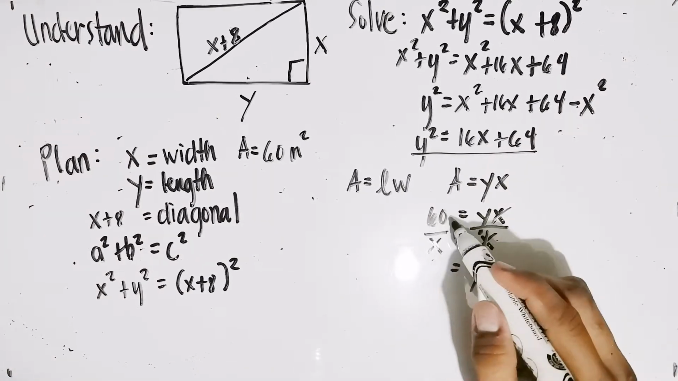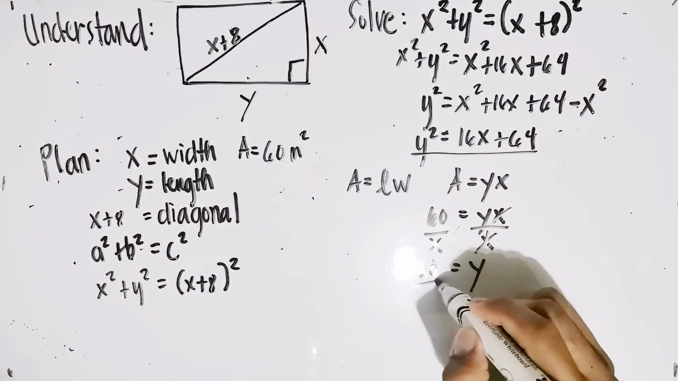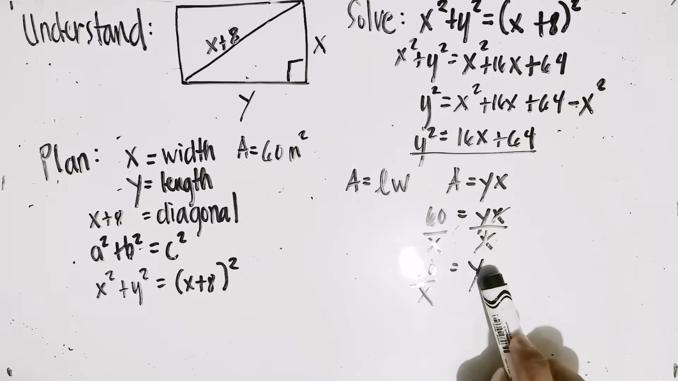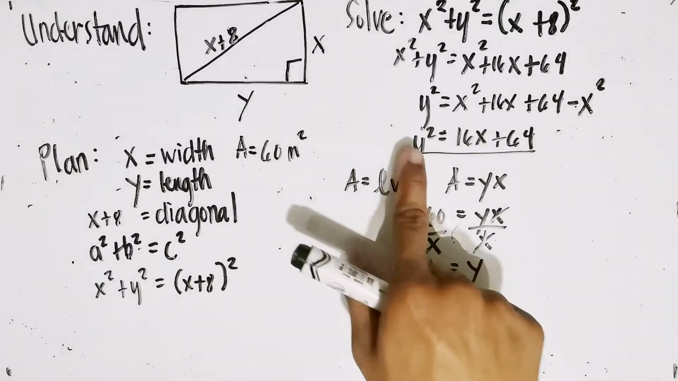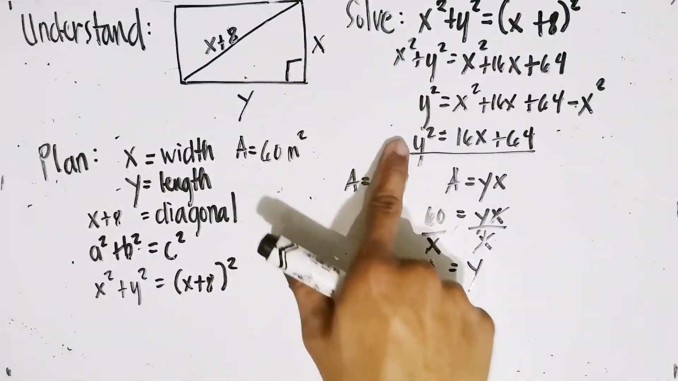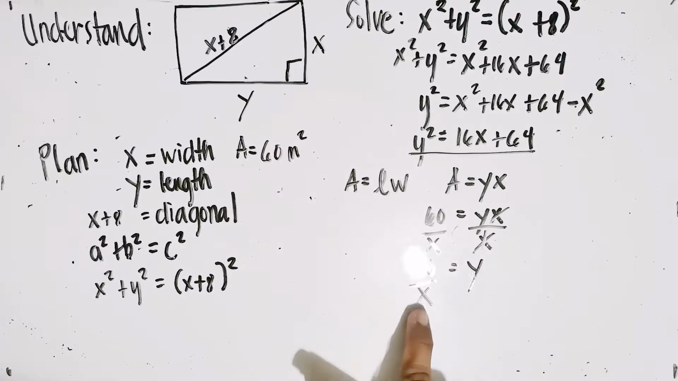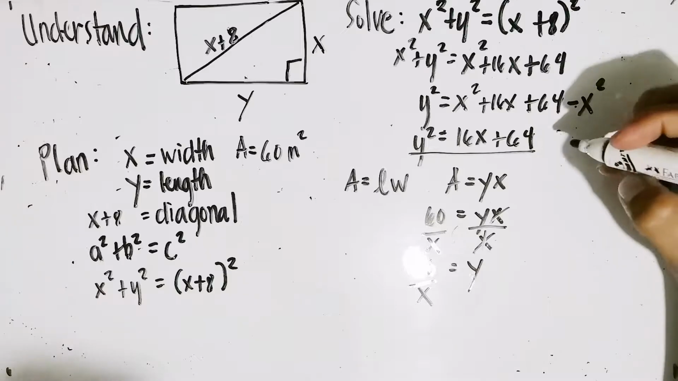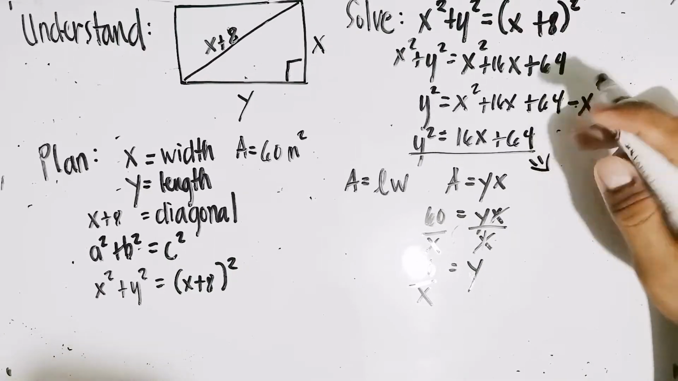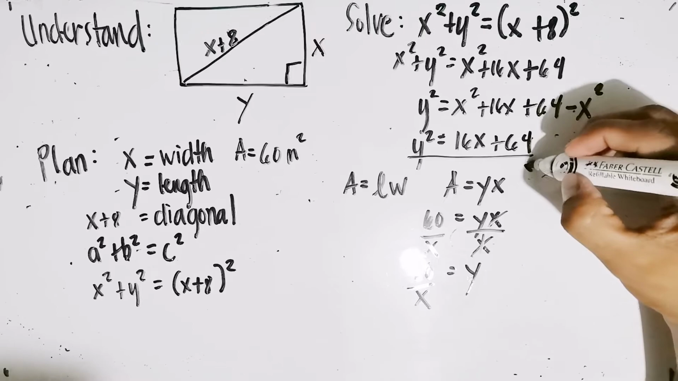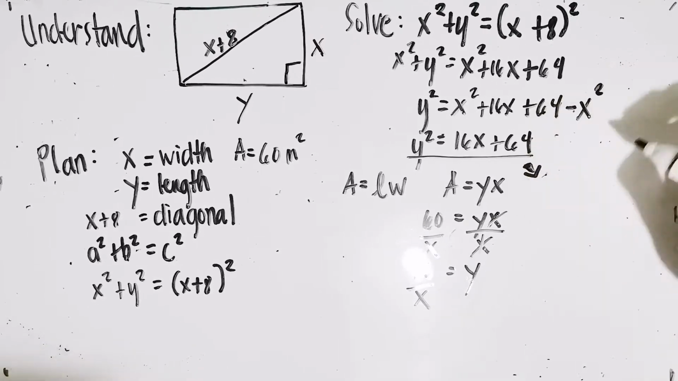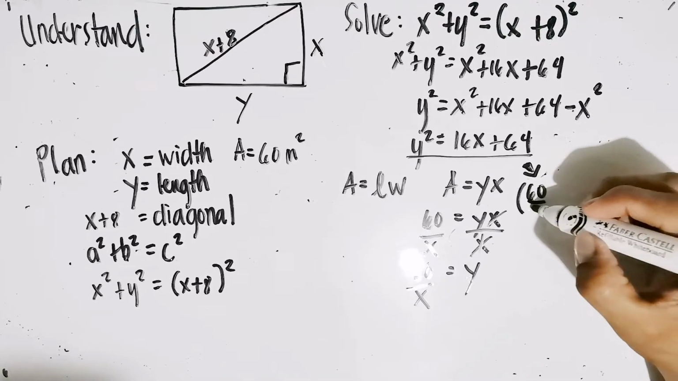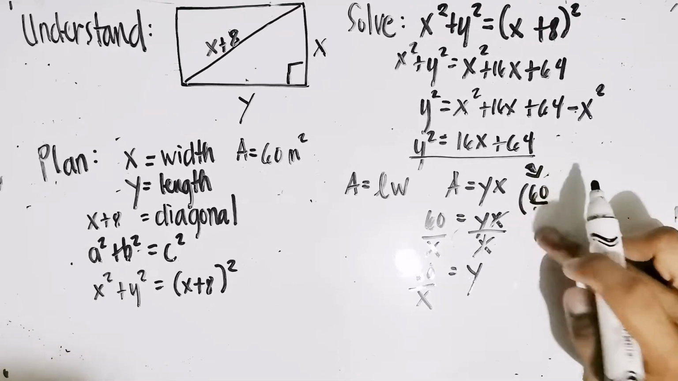And on the left side, we have 60 over x. Next, our y here will be substituted with 60 over x. So from here, we will continue that one here. So we have 60 over y over x